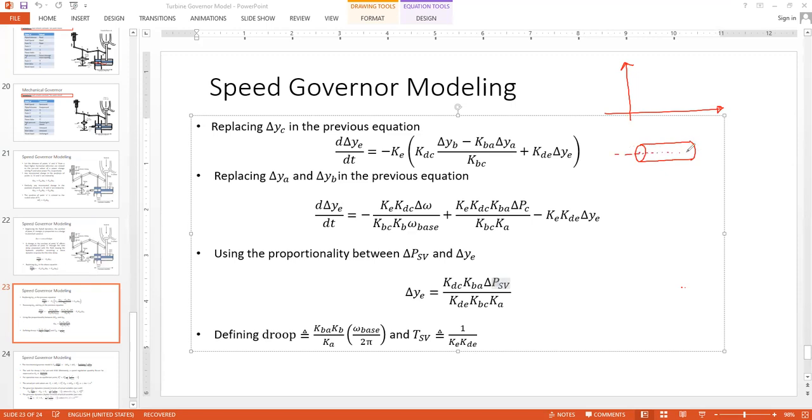This is the shaft, and there is a mechanical load. The motor, let's say, is a simple DC motor. You are providing some electrical input, so that there is a torque and a corresponding speed omega